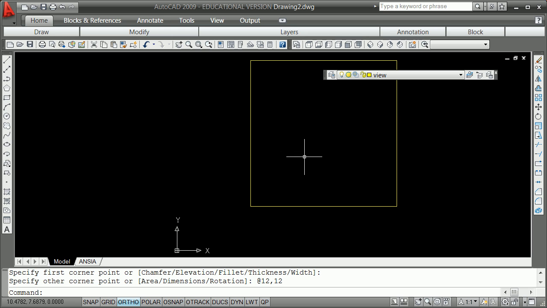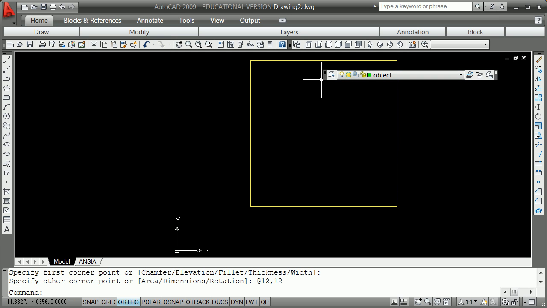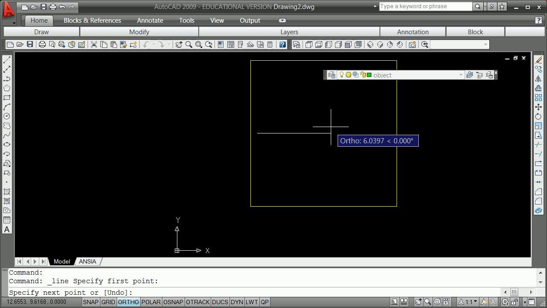Alright, I'm going to begin that problem 1-7 on the far left side, and we're going to do it all by relative XY coordinates. Even though you could get some angle stuff, you could do it by offsets. I'll show that another time, how to do it by offsets. But with offsets, you need to really manage your layers. So I'm going to right away change my layer to object. Begin again some point here, kind of arbitrary, and I'm going to then say at